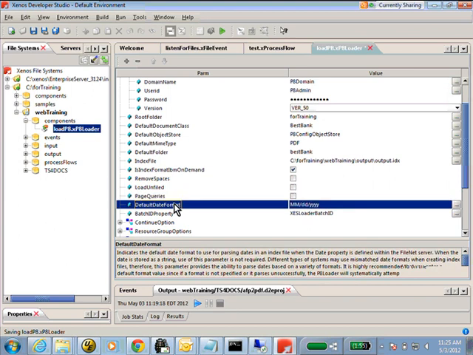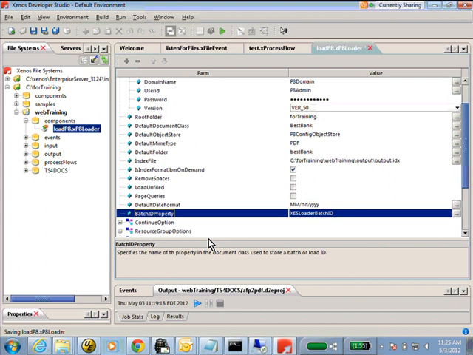This default date format, this is for if you have dates within the index itself. So if you had like maybe a statement date or something along those lines, this tells us how it's actually formatted so that when we load it into P8, we know how to actually transform it into the format that P8 is actually expecting. This batch ID property, we showed this earlier when we looked at the best bank document class. This is the loader batch ID that you would set up so that you can keep track of loads and being able to roll back and whatever else. So those are the main things that you would set up within this.